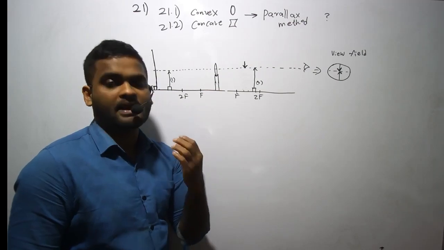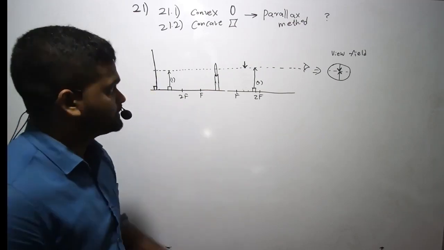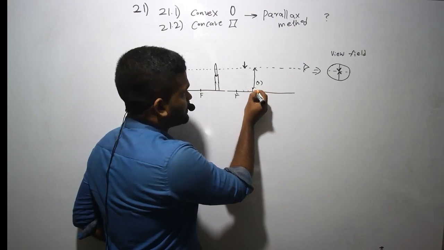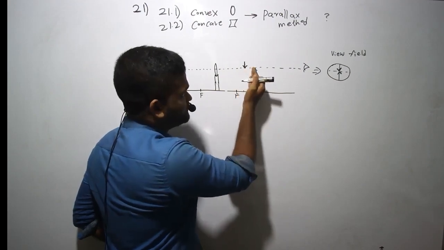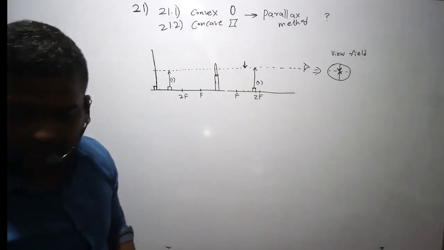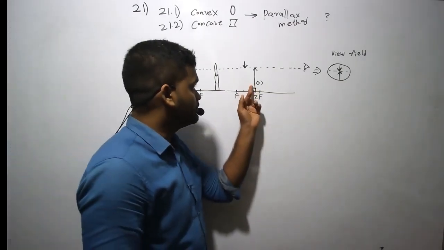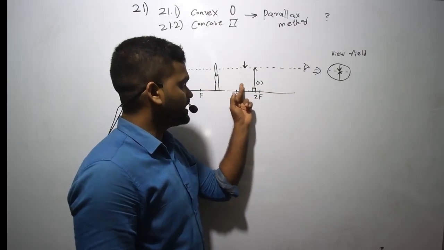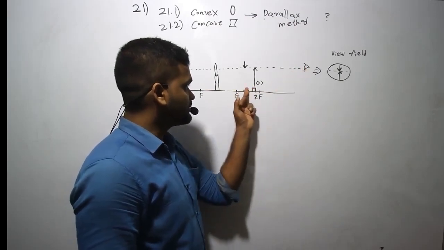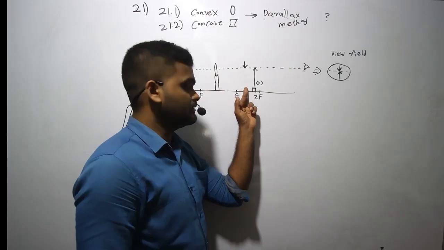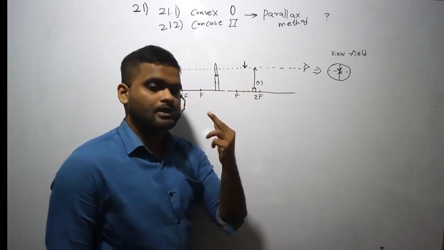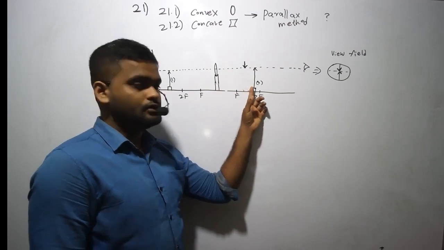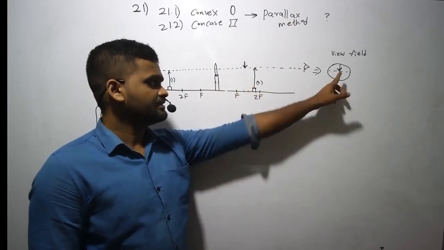Then let's see how to use the no-parallax method. Let's say you place this observing pin here, so it is in front of the image. You need to move this observing pin, pin 2, away from the eye. This is the eye. How do we figure out whether you have to move this to this side or this side? You can keep changing sides till